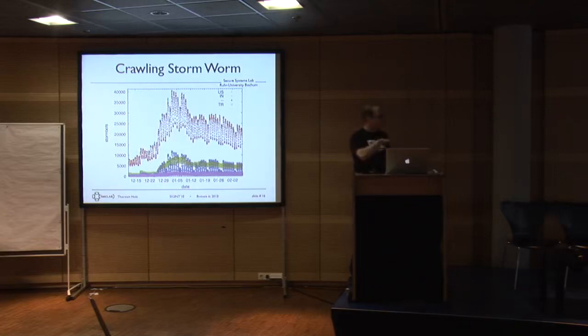What you also see are those diurnal patterns. During the noon hours, you typically see the peak, and during night hours, you see the lowest number of infected machines. This is because people turn off their machine, turn it on again, so you have those diurnal patterns over time. And you see those in all countries. If you compare, for example, the US to India or to Turkey, you see that there's a shift of a couple of hours, because machines in the US are online at another point in time compared to machines in Turkey, for example.